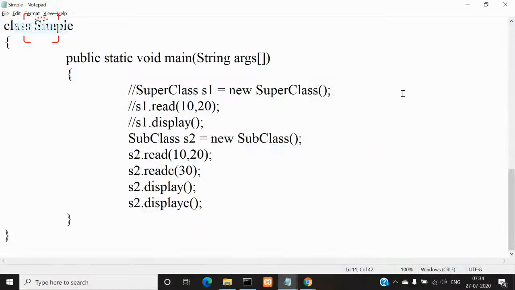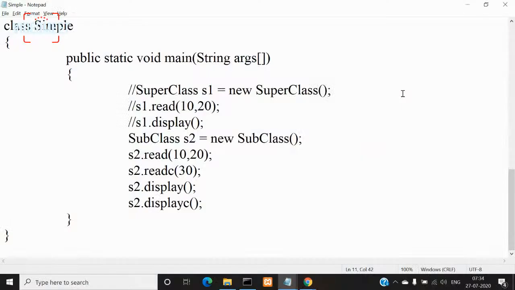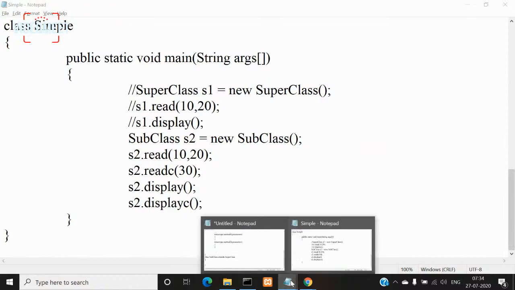So, any doubt? No sir, till now there is no doubt. Fine. So if you don't have any doubt, let us go further ahead and discuss some more issues related to inheritance. Right? Now that you understood what is